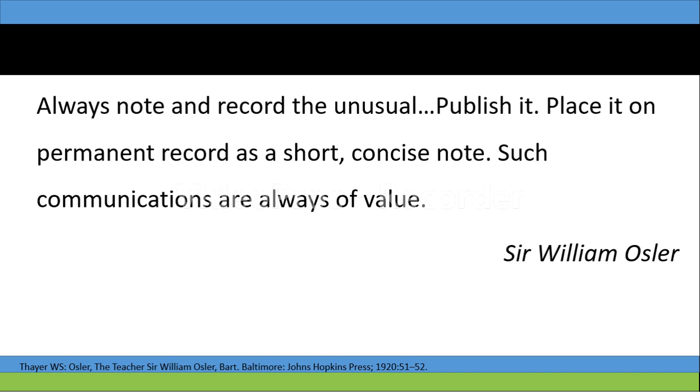If I look back, probably what he was trying to say is that you can publish many case reports if you start documenting the patients that you see on a daily basis, who are different, who are unique, or who are difficult. So probably this is the same thing that Sir William Osler is saying, and it is actually a lot of food for thought for most of us who simply see patients and then go back home without documenting